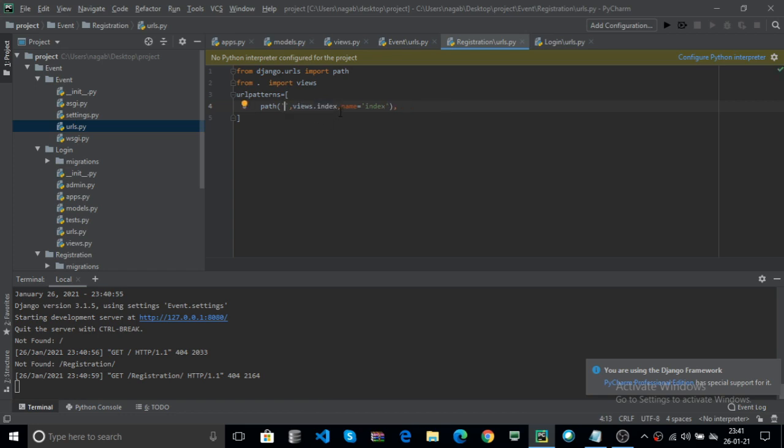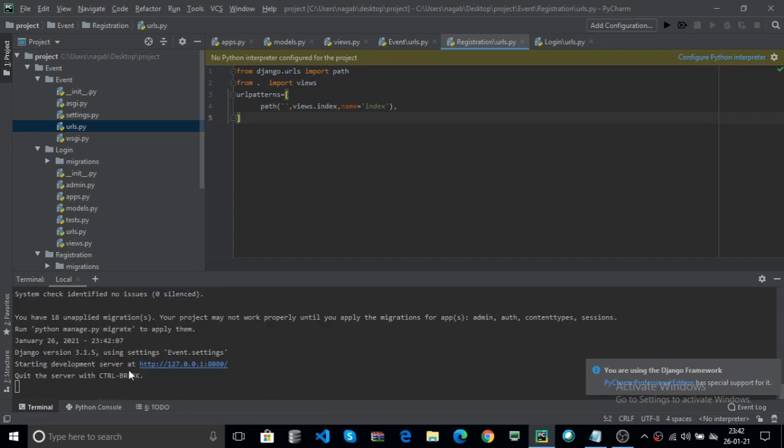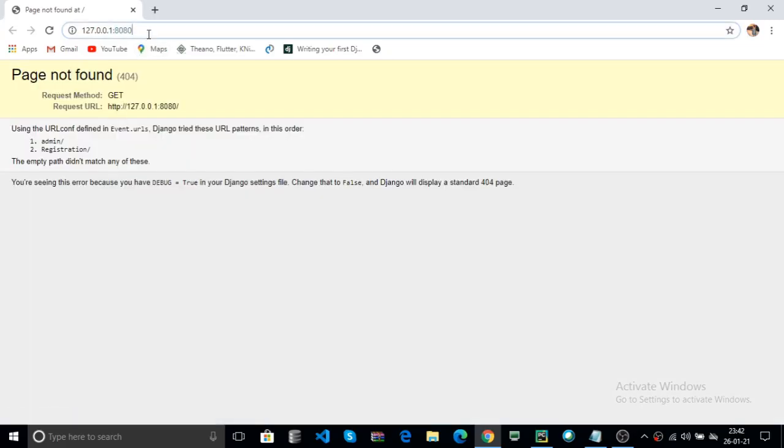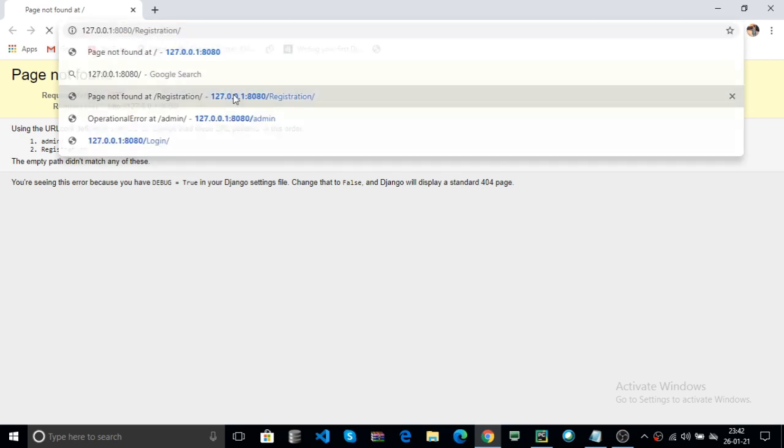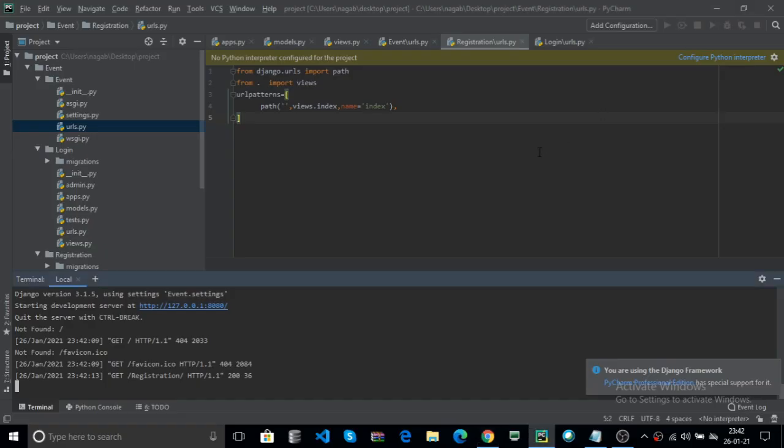Views dot index, here views contains the one index. Okay, control s. Here open that. Now you can pass registration. Here: hello welcome to Python registration. Now you can specify the path.